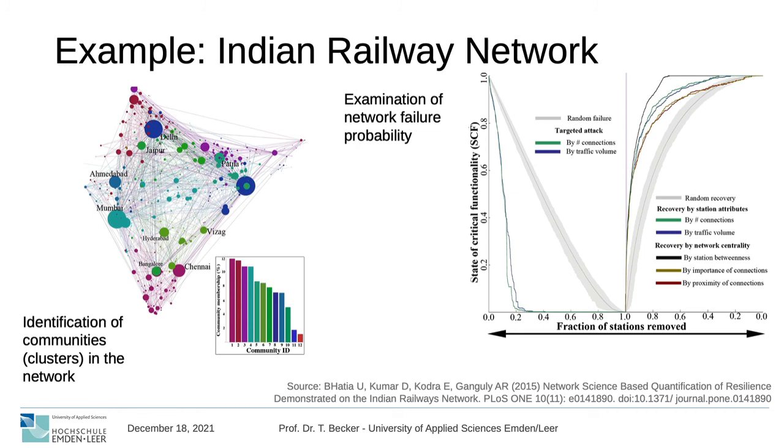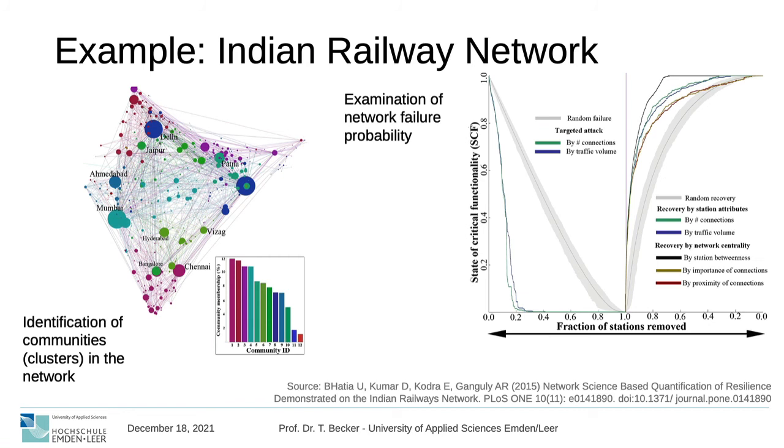Random failure, which means stations are just randomly picked and shut down. How does this affect the functionality of the network? And you can see it looks like almost a linear decrease of the functionality. Random failure could be something connected to natural disasters, to just power shortages, whatever. And then you can see the other curves